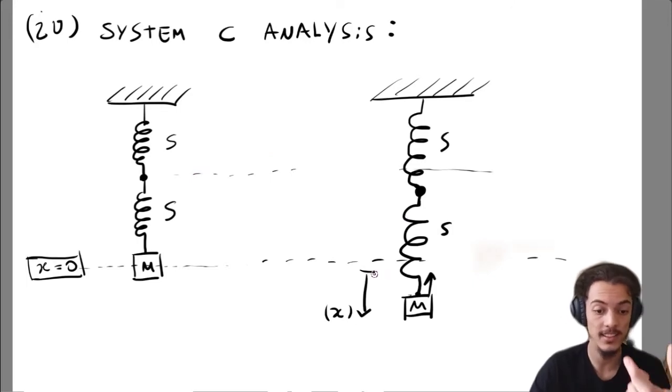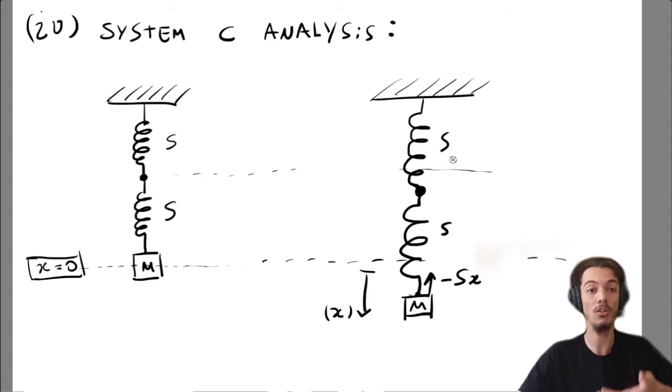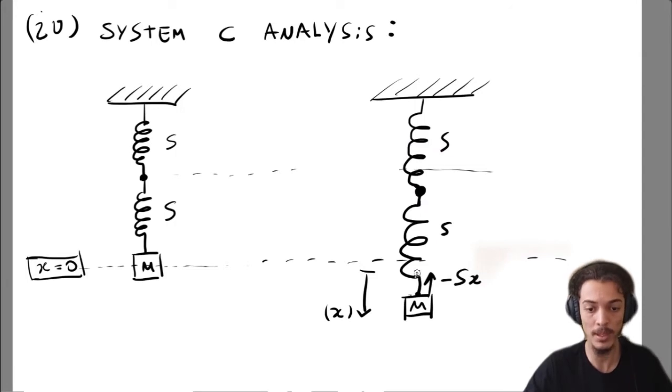And we displace the mass by a distance x. We will notice a force here that is minus S times x? No. No, because this force acting on the mass is the force of just this spring. The mass is in contact with just this spring. This other spring up here is supporting all this system. But directly, the contact force acting on the mass is just